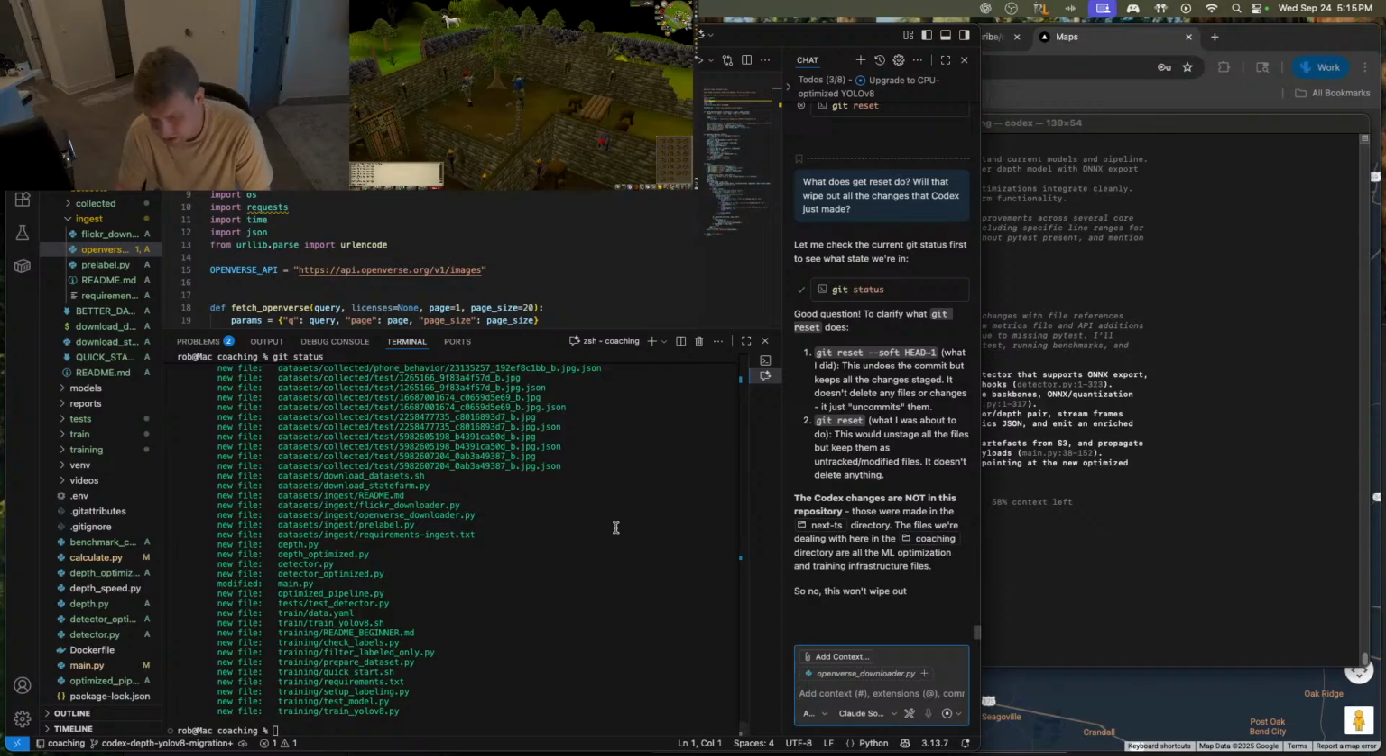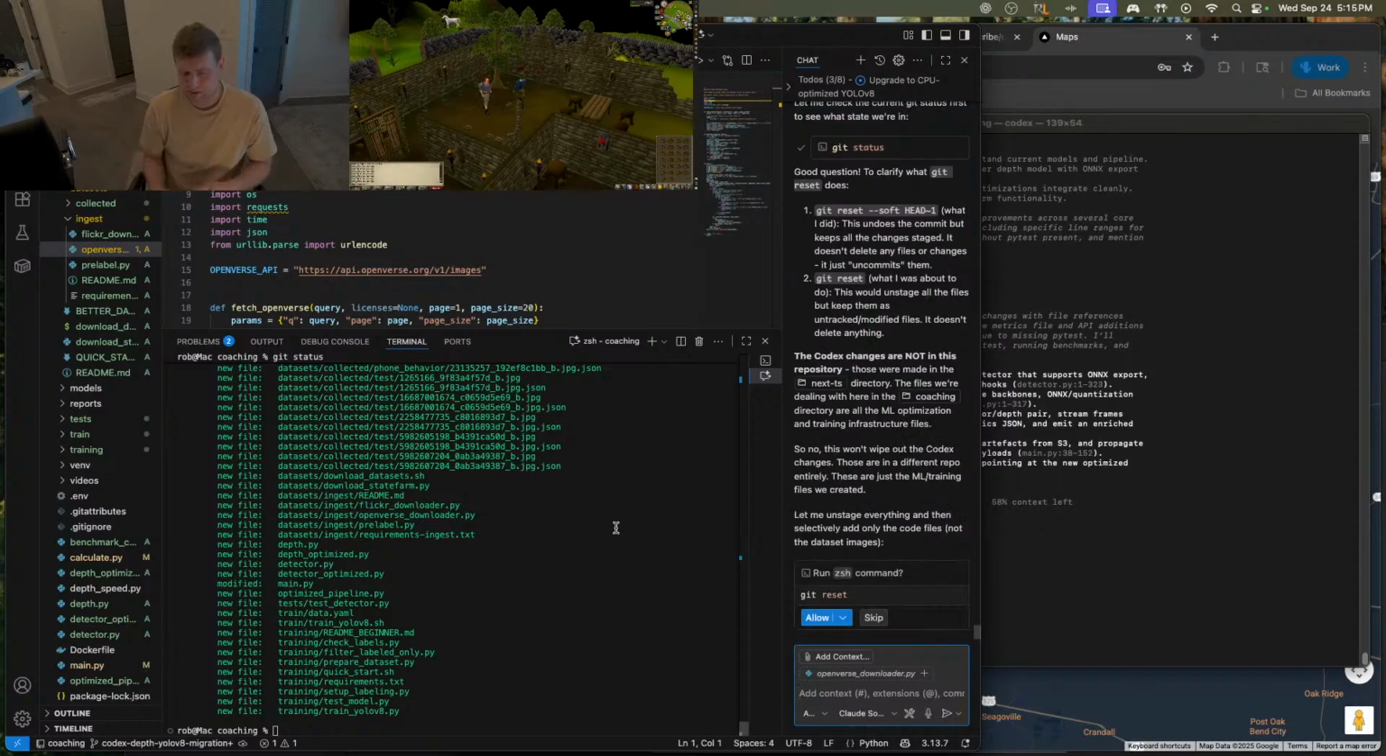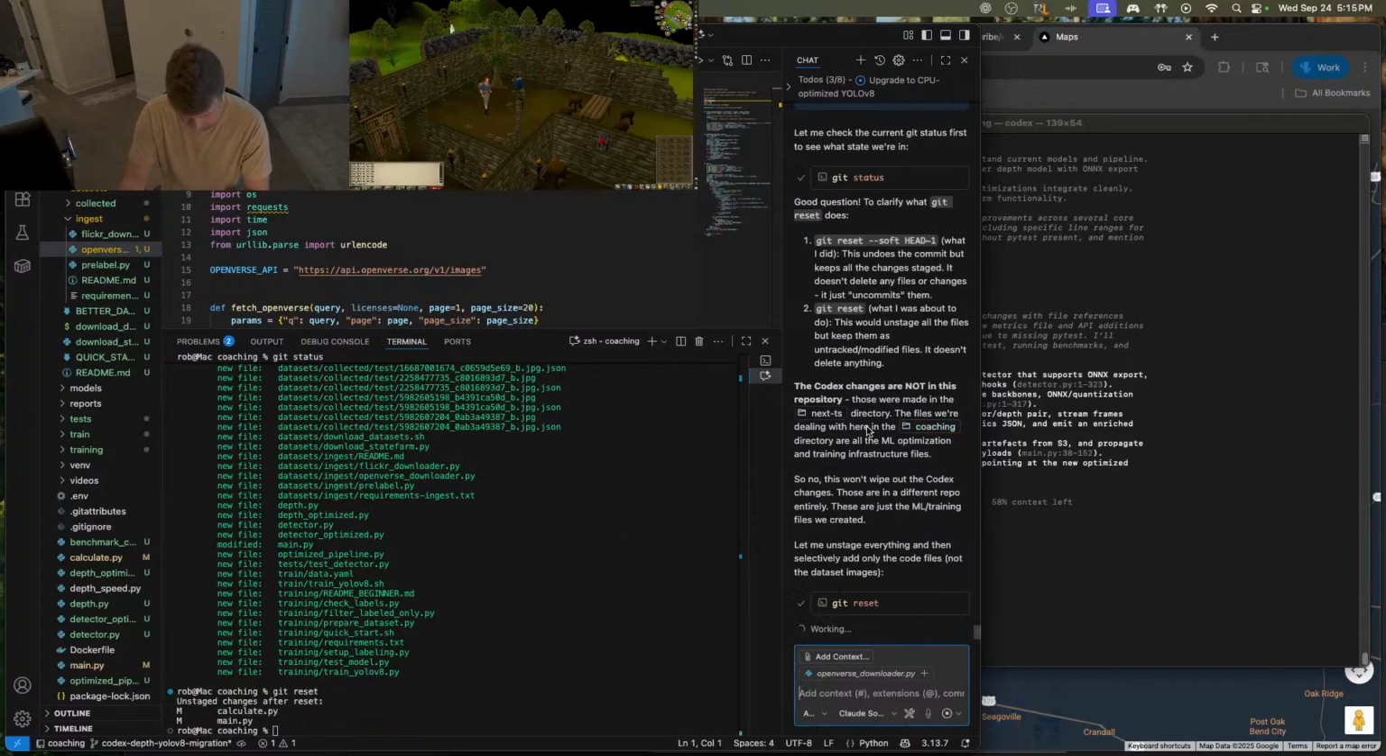Got it. Okay, so git reset --soft HEAD goes back one commit, but keeps all the changes staged, so you could recommit them with a different commit message. And then git reset unstages all the changes, but doesn't